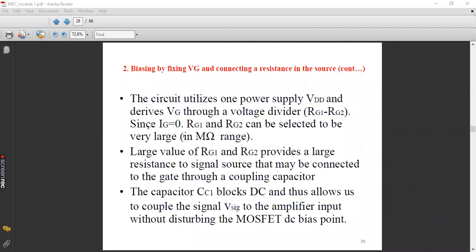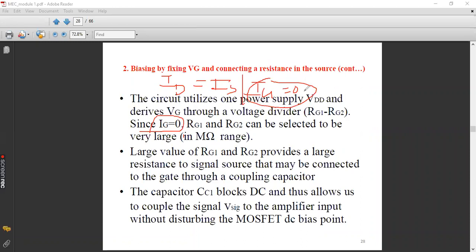The point is, you know that IG is 0. When IG equal to 0, whatever the drain current drawn from the supply voltage, it will be flowing through the source terminal IS. That is, ID will be equal to IS. The drain current will be equal to source current and the gate current will be 0. The main contribution behind this is due to the presence of an oxide layer, SiO2 layer, silicon dioxide layer at the gate terminal. Because it is offering an infinite resistance and because of which the gate current is 0.